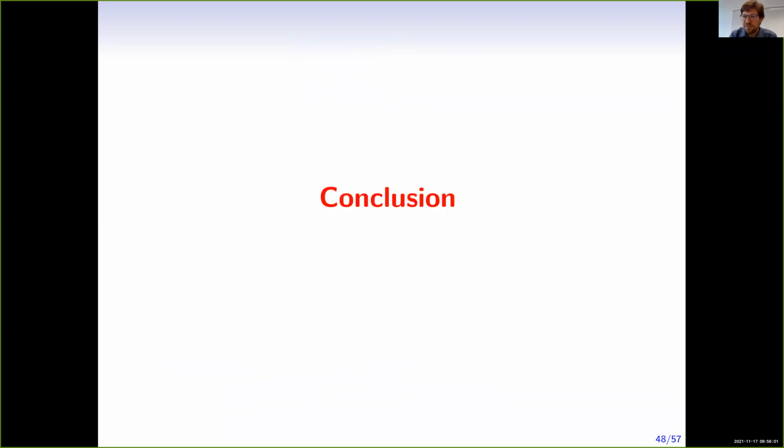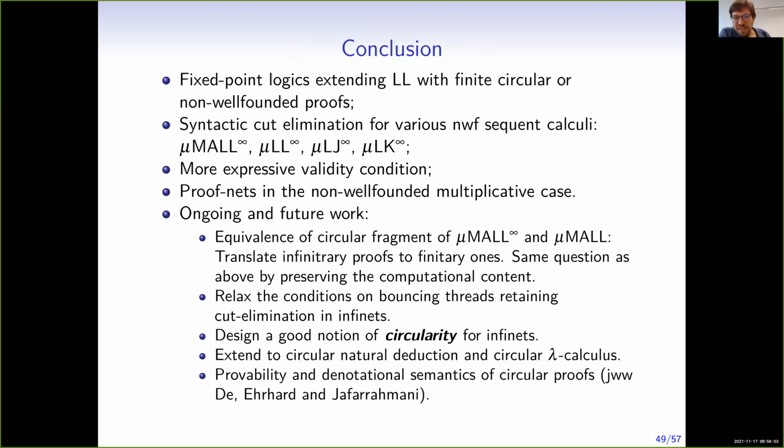And I'm done with the conclusion slide. So I told you about fixed point logic, extended linear logic with finite proofs, with circular proofs, or with non-well-founded proofs, and reviewed several syntactic cut elimination results for multiplicative additive linear logic, full linear logic, intuitionistic or classical logic, and proof nets. I also told you about those more expressive validity conditions, which have, of course, a very, very high complexity,